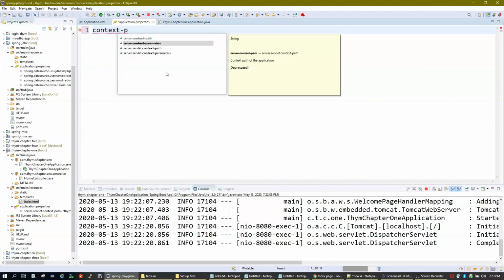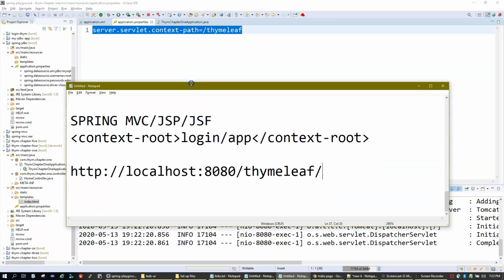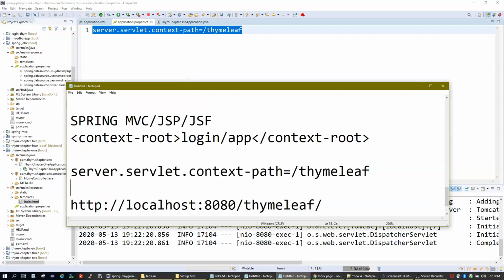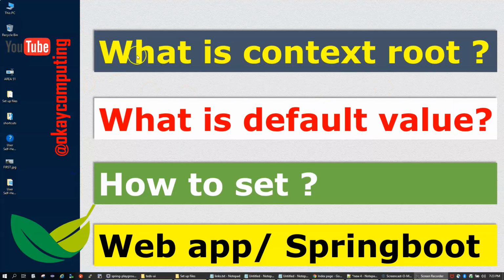With context path, you go and define the context root of your application. If you see the difference here, in a normal regular web application you have to use a tag called context root to define the context path of your application, but in a Spring Boot application you have to define a property in your application.properties. So now we know what the context root is. It is basically for your application server, and this is how it defines which particular web application will serve my particular request URL.